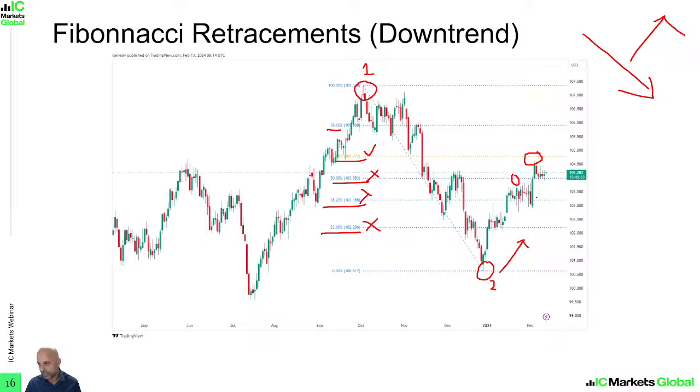Then you can see each time as it's gone above the retracement level, that retracement level has proceeded to act as a support. But this doesn't mean that's going to happen all the time. It just so happened that has been the case in this current example here. Right, so the next retracement level that is going to identify a potential resistance is going to be at the 78.6. So should price break above the 61.8%